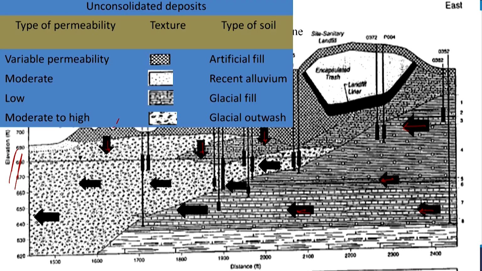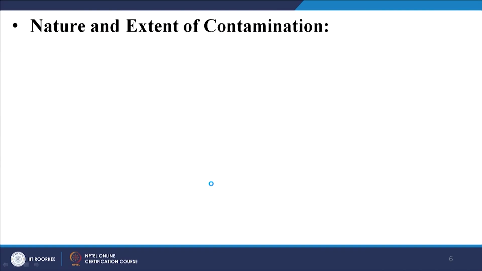And different fills and such, but we have an idea about this. So, I am going to skip these aspects, but maybe highlight one particular aspect as in where it is relatively moderate to high, right, moderate to high. Where is that? For the glacial outwash, which is in this particular region, right. So, that is something to keep in mind.